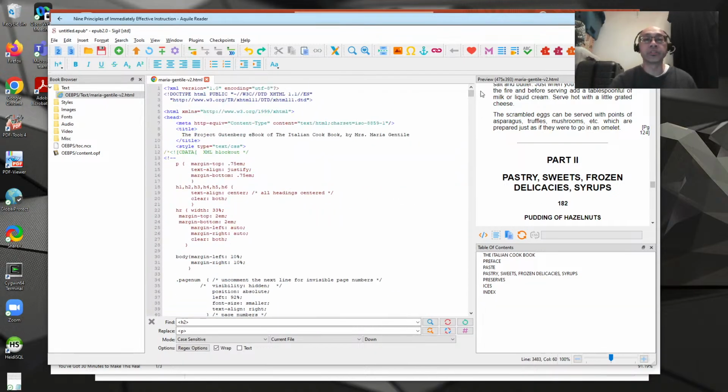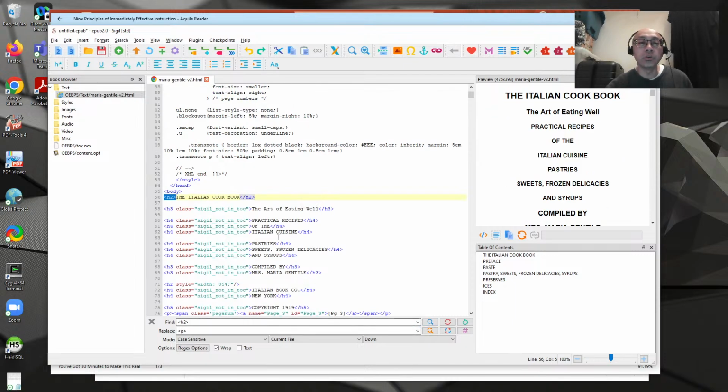That's also beyond the scope of this class. But for us to split up the file, I think it's enough that we can just split it on the H2. And if I do a search for all the H2, you can see that this is the very first one, the Italian cookbook. But if I search for the second one,